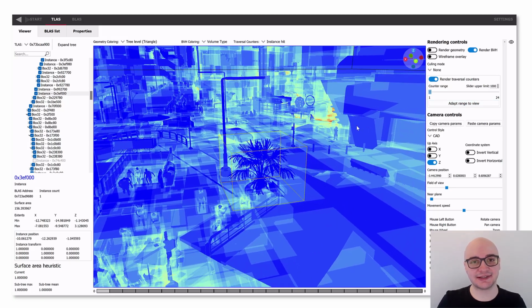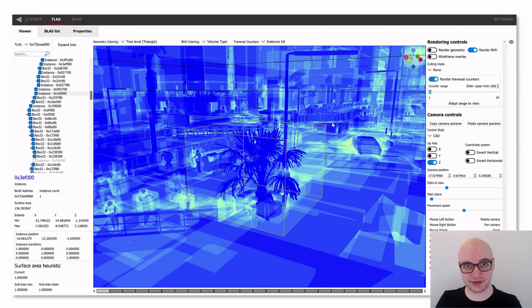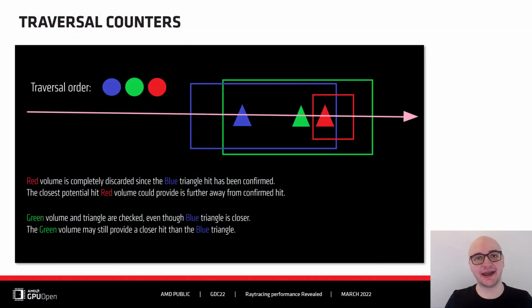Instance hit counter is essential in terms of understanding how the instance positioning affects the traversal time. As the ray traverses into the scene, it is optimized to discard bounding volumes as needed. The ray can discard a volume if a suitable triangle candidate has been encountered and the volume is behind this candidate. This process dramatically speeds up the ray traversal since the ray does not need to traverse into unnecessary volumes.